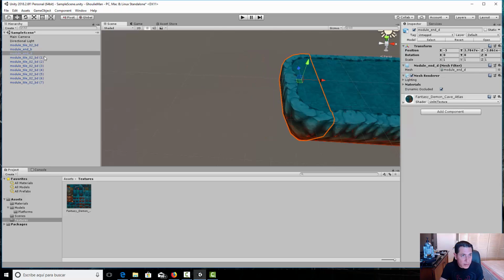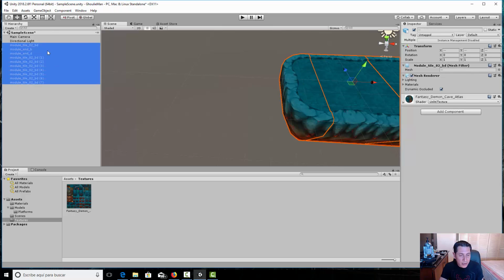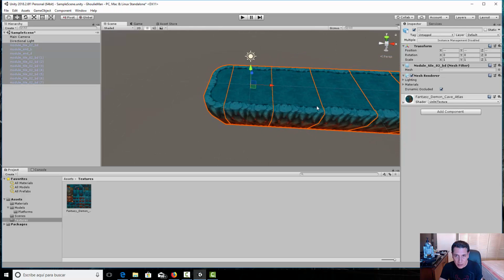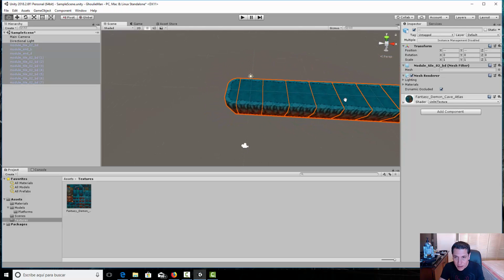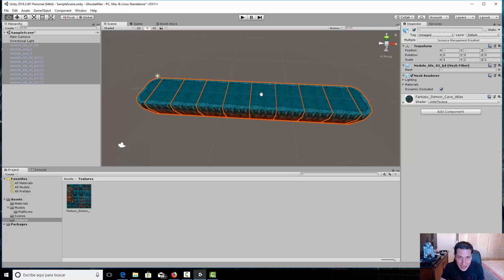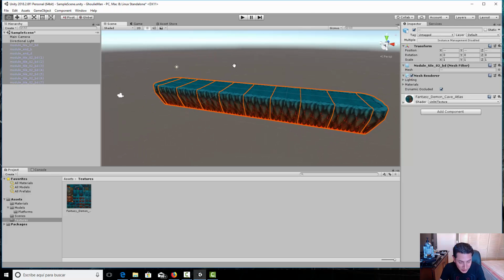Okay, so I'm going to select all the platforms, click on F to see. Okay, so I have these platforms. They are textured, and